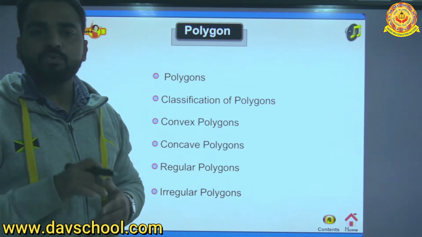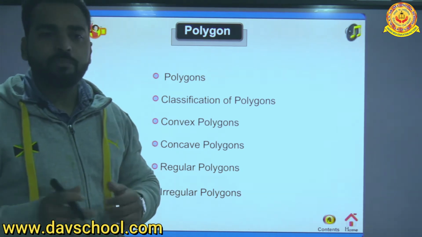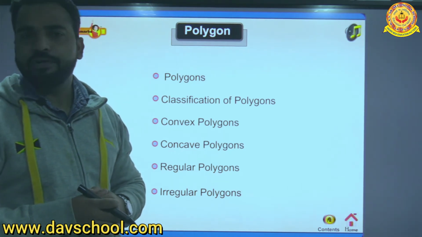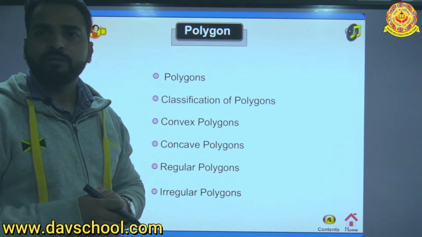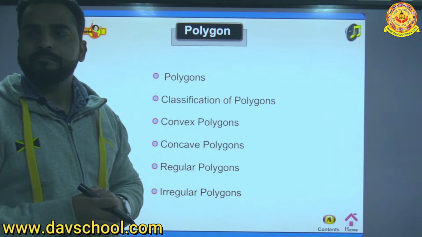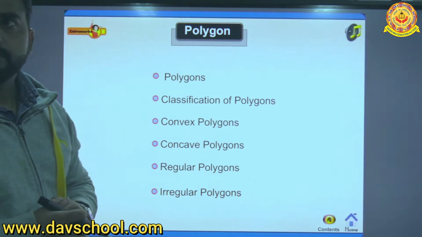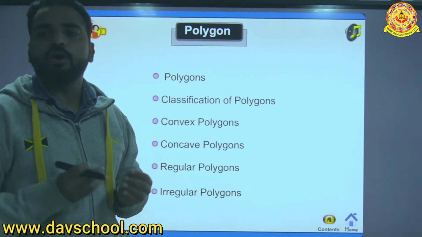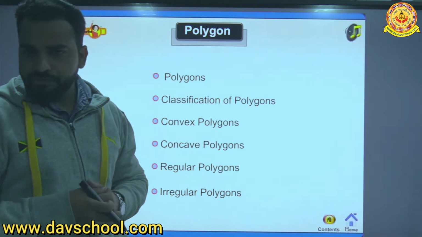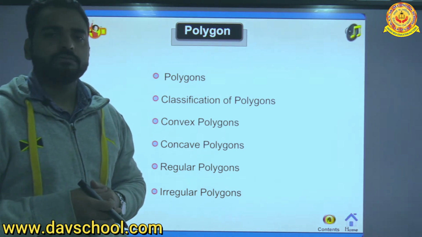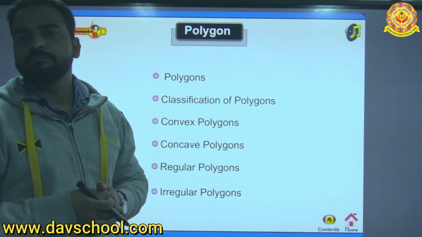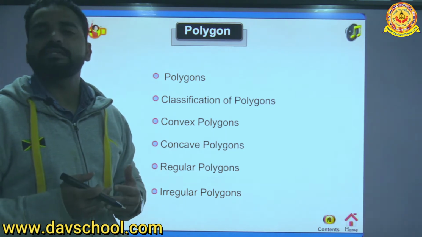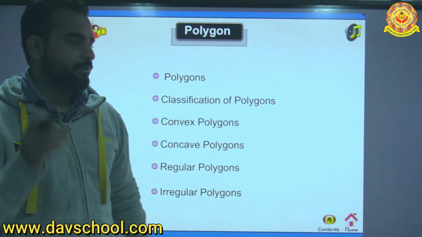Can you tell me what an equilateral triangle is? Is it a regular polygon or an irregular polygon? Yes, U1, where is U1? What is an equilateral triangle? Regular. Why? Very good. Sit down. Because we know that in an equilateral triangle all the sides are equal, so it is a regular polygon. And isosceles triangle? Yes, Shrish? Irregular, because in that case only two sides are equal. One side is not equal, so it is an irregular shape. Sit down, Beta.